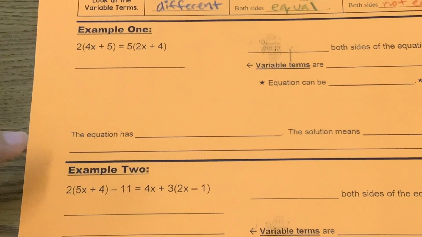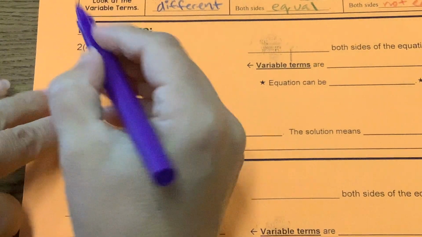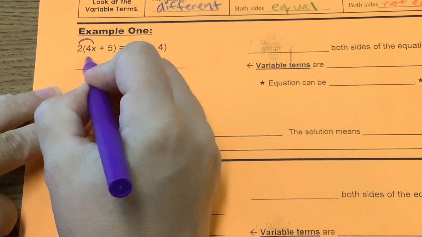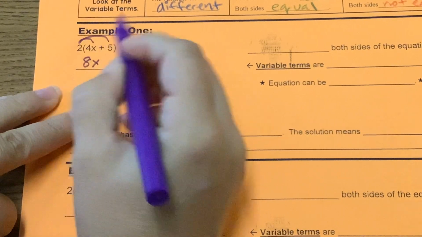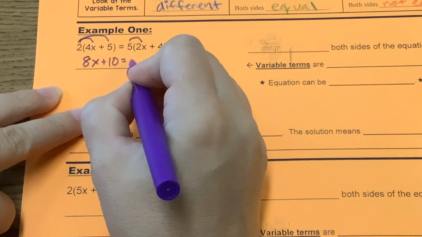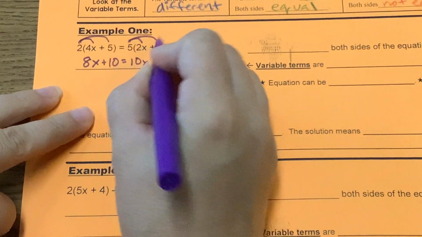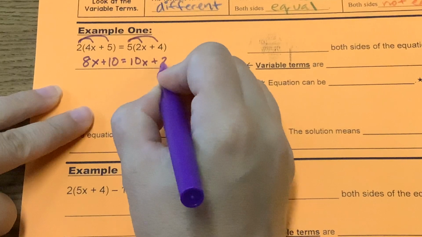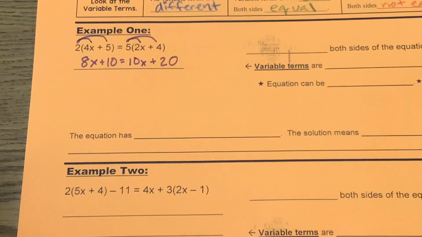What's my first step going to be? Distributive property. So I'm going to switch just to my pen here. So 2 times 4x, 8x. 2 times 5, 10. 5 times 2x, 10x. 5 times 4, 20. Okay, so